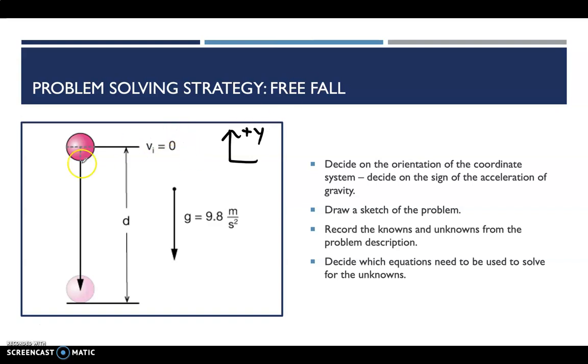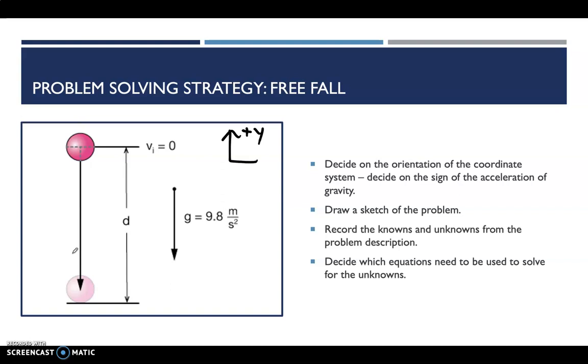So if we have a ball falling, we can go ahead and sketch it. That helps us understand what is going on. Then we want to record the knowns and the unknowns from the problem description. You may have noticed me doing that already in other problems. It really helps to plot out what we're looking for, what we know,